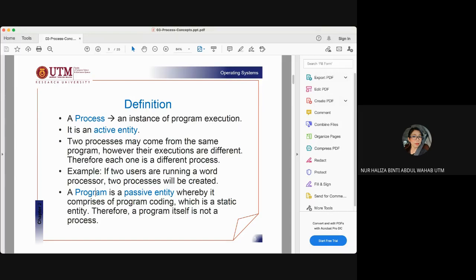After you have a process, you're going to develop a program and so on. So first, a process is an active entity, which is a program that you execute. I'll give you an example. If two users are running Microsoft Word,